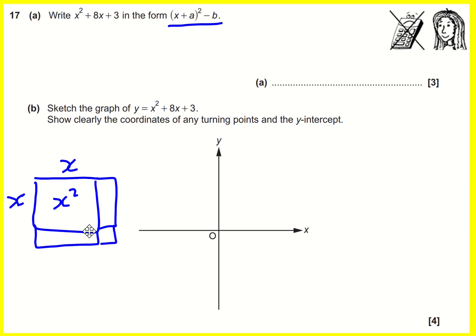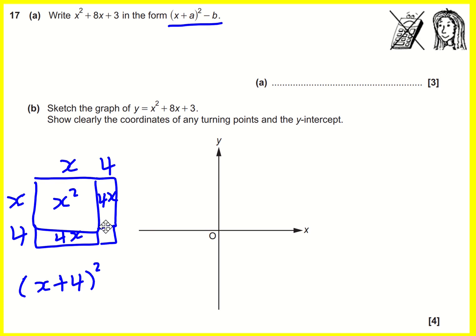Now how can I get this rectangle going? Well, it's got a length of x here, but if I make this 8, then I'm going to have 8x, and then what on earth is that going to be? I'm going to have something else involving x. So how can I make them the same? Because I need the length to be the same. Well, I can have that 8 and I can make this 4 and this 4, and then I get 4x here and 4x here. What I basically got so far is x plus 4